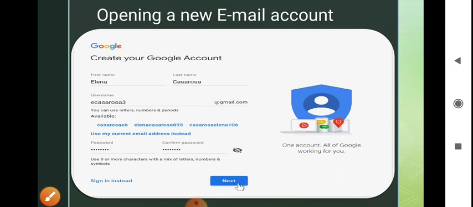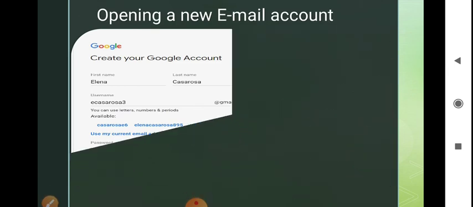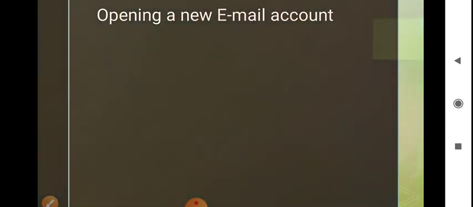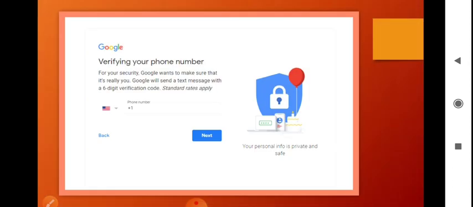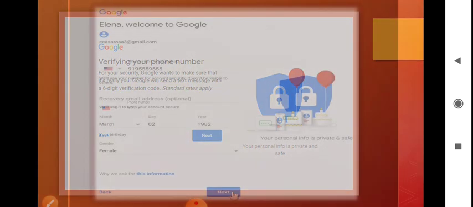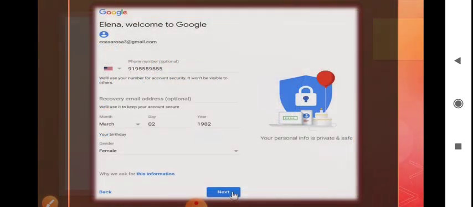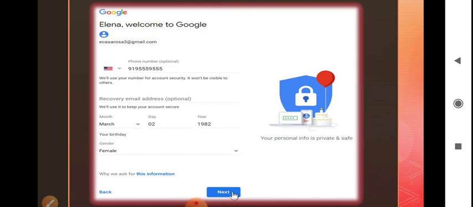After finishing it, your next step is verifying your phone number. It will ask you to verify the phone number you are giving here. After that, a message will come showing the name you have entered.